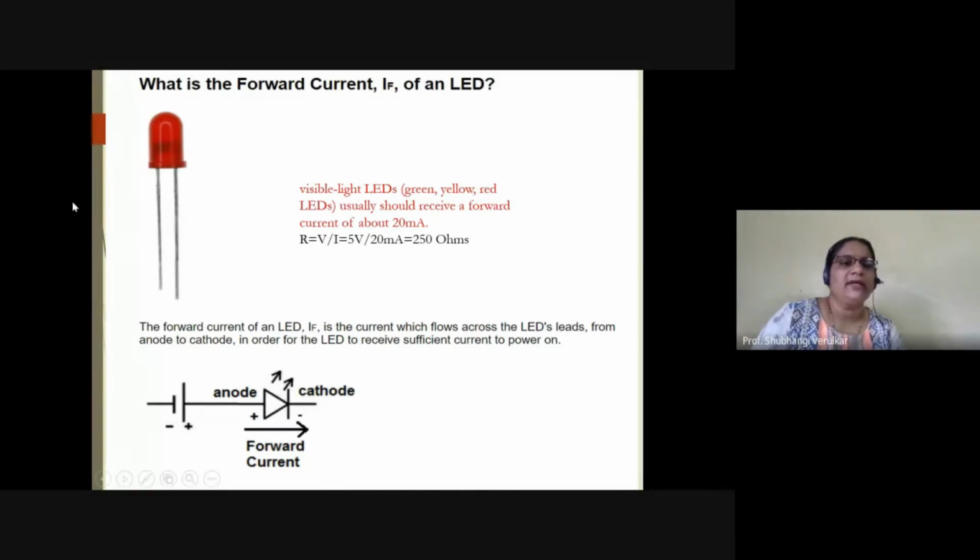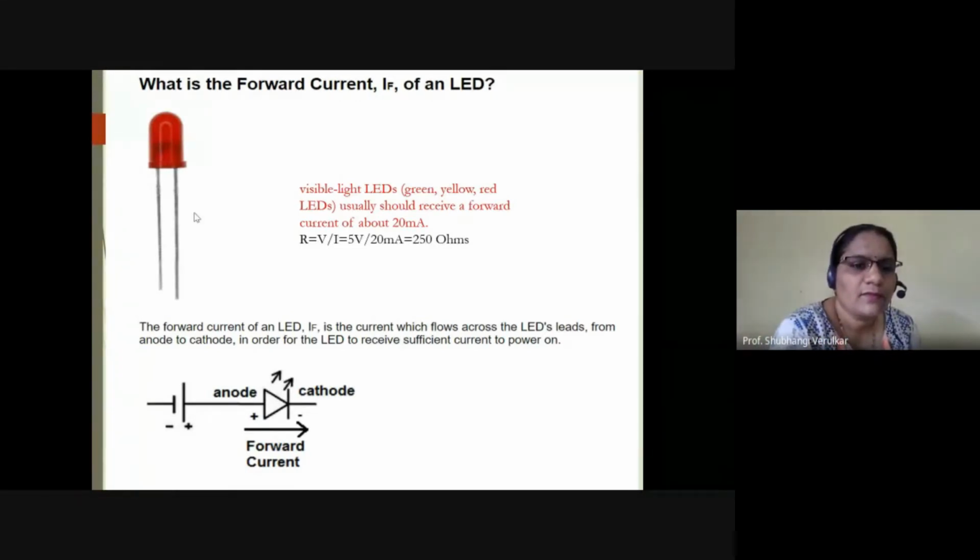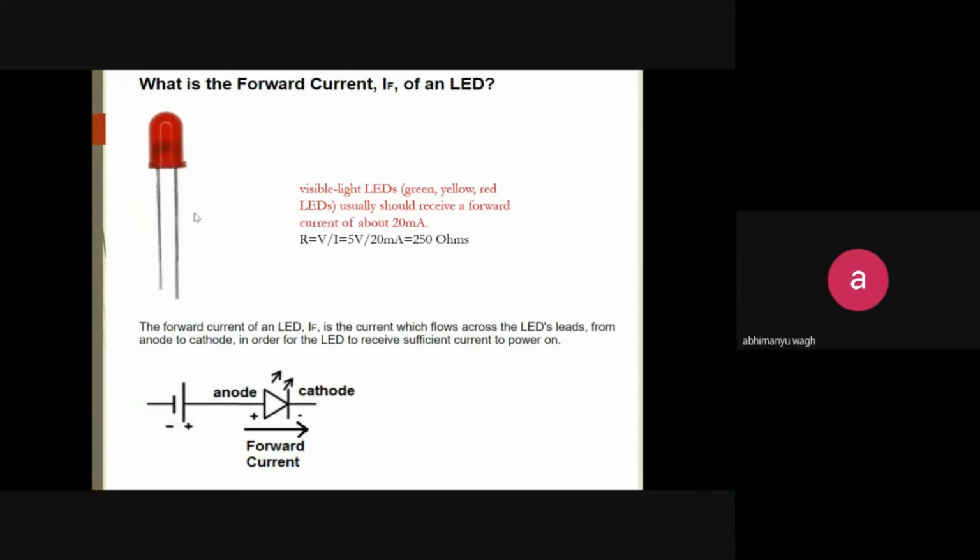Can anybody tell me the names of the terminals of an LED? I think I told you in yesterday's session. Names of the terminals of LED? I'm waiting for your answer. Cathode and anode. Perfect.